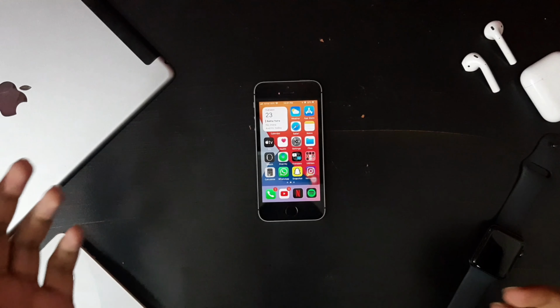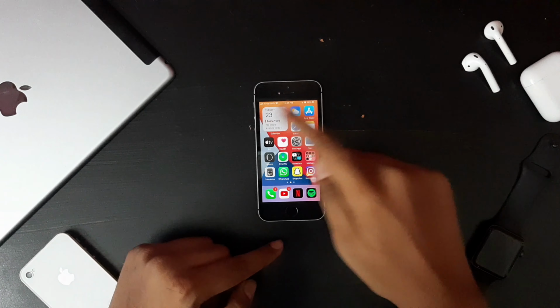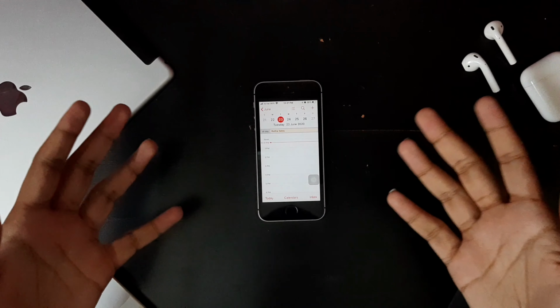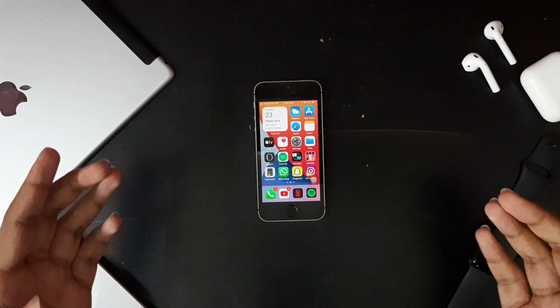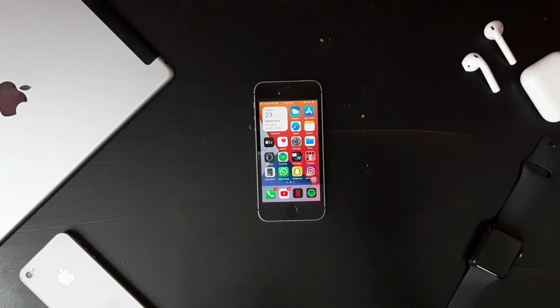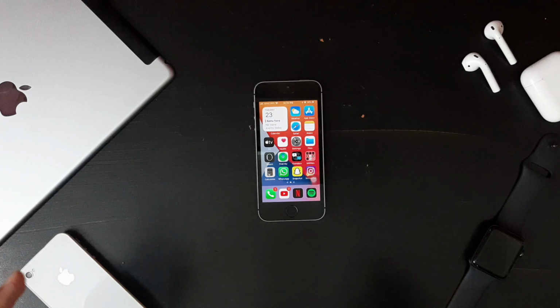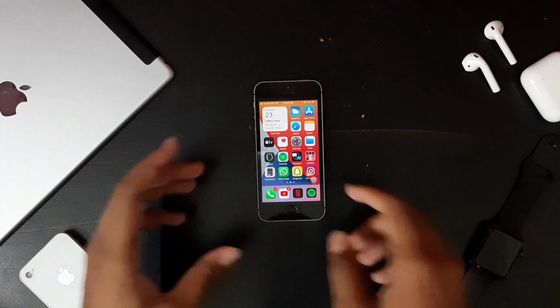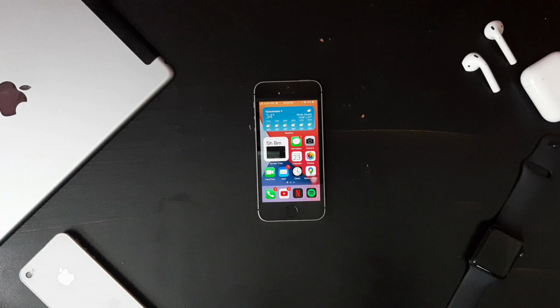One more convenience is that you can directly jump into the app, like this calendar. If I click once, I can jump into the calendar and get back with a cool animation between the transitions. So that's the widget feature. I personally like this feature because it looks way more organized on my home page and the data is way more accessible.